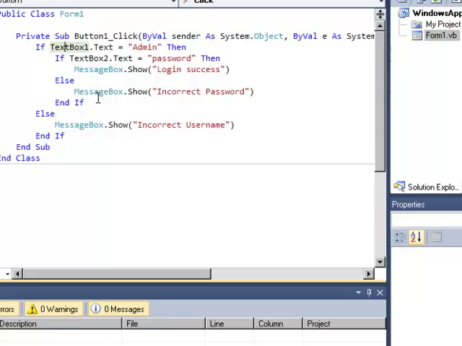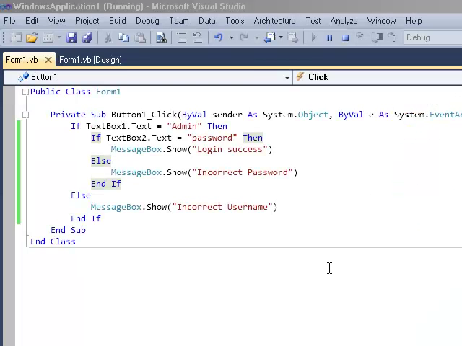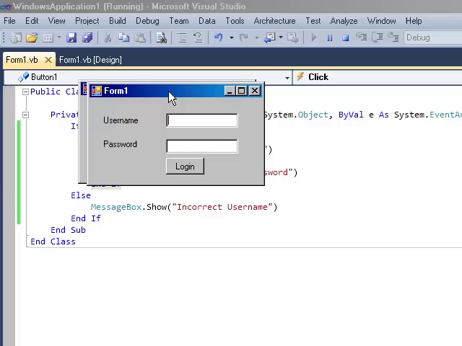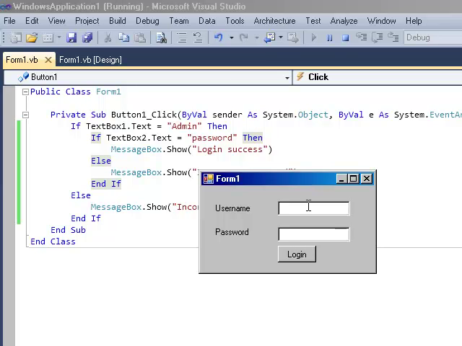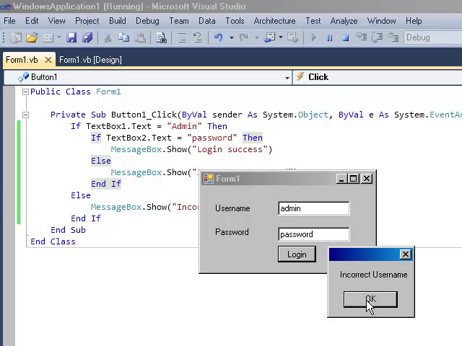So let's try. We will input first the username, admin, password, incorrect username.